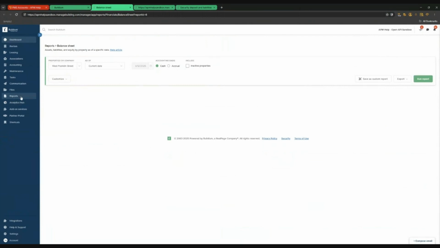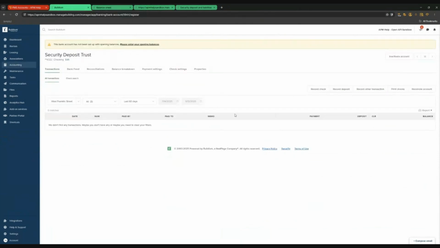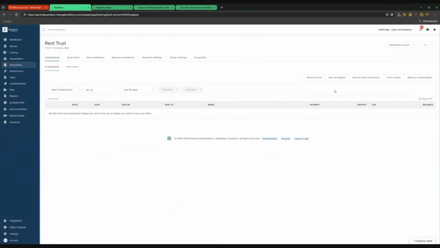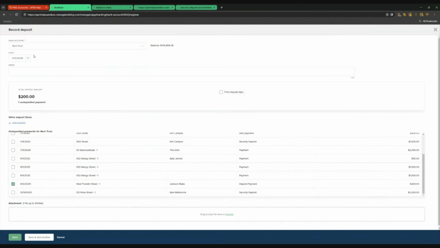And how I got here is I just clicked on reports, and then the balance sheet report is in the financial section. And if I run it for West Franklin Street as of today, the $200 payment I did not deposit yet, it's sitting there in the undeposited funds queue, right? So what I would do, go back here. It's under this undeposited funds queue in the rent trust. I select that payment. Let's say I deposit at the bank in the real world on 9/12. In the security deposit trust account, we click save